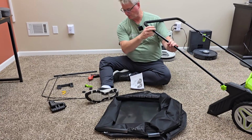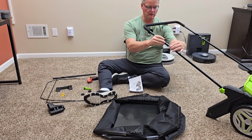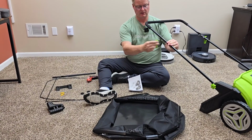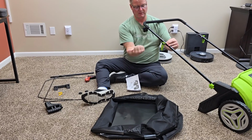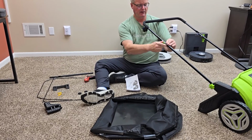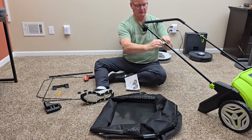Now let's get the other side. Same thing, put the bolt through. Grab this. The threaded part should be out. All right, this is what you're going to use to tighten down. So you tighten it down,